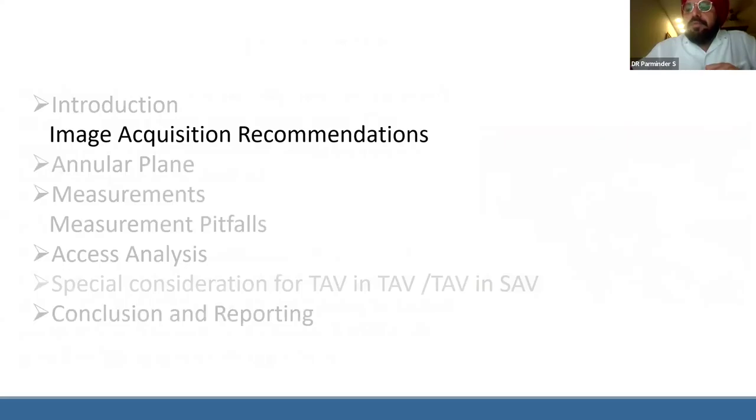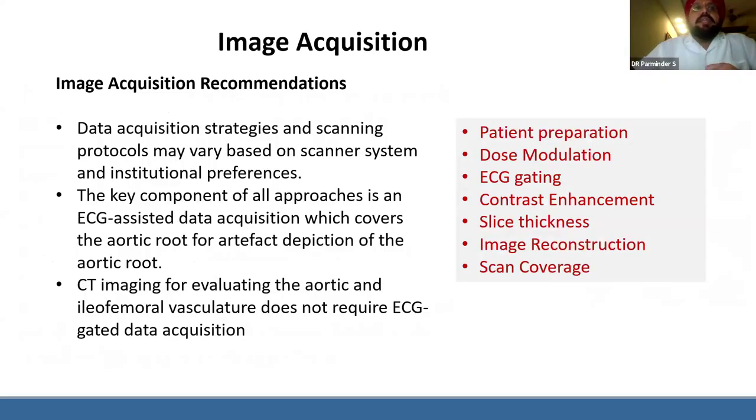So first and foremost important thing in the CT imaging is the acquisition. We need to know what are the recommendations, what we need from the CT images, and how to acquire these images, and how to overcome the artifacts or certain limitations which we sometimes get in our scans. So image acquisition data for TAVI CT is